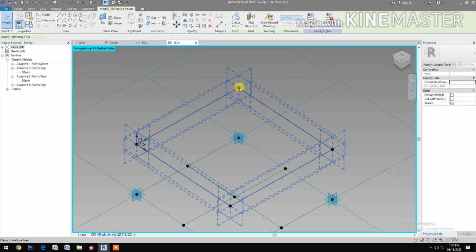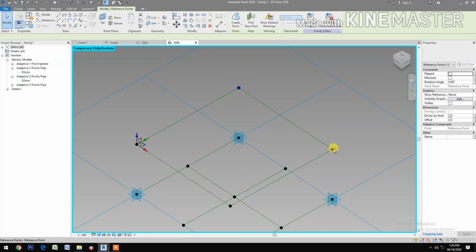select the 4 reference points. Okay, go to offset, change the value to 100 millimeter. Okay,